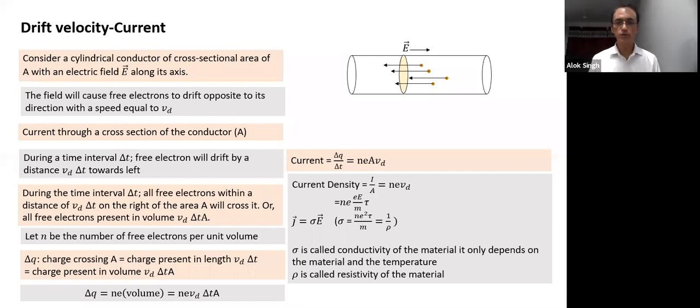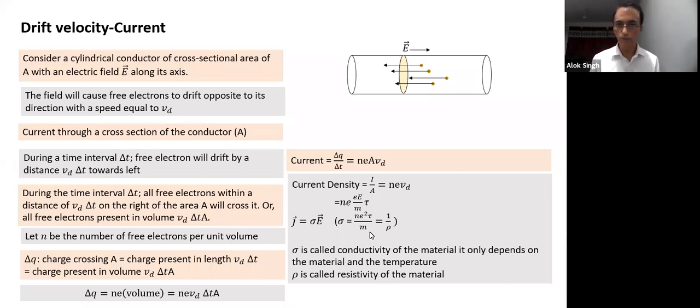Okay, so let's continue the session. I hope all of you understand how drift velocity gets related to current. So what is an easy way to keep it in mind? All the charge present within the length equal to Vd will cross the cross section in 1 second. Free electrons present within the length equal to Vd will cross the cross section in 1 second. Once we understand that part, arriving at the value of current becomes easy. Area into Vd is the volume, into N becomes the total number of charge particles, into e, the charge on each particle, becomes the total charge. And N e A Vd is the current.